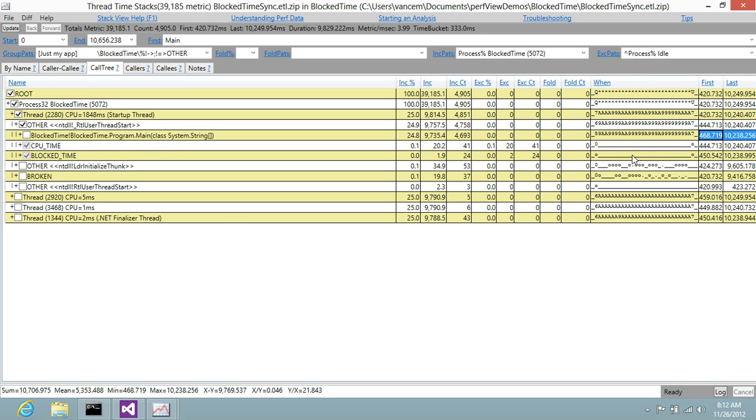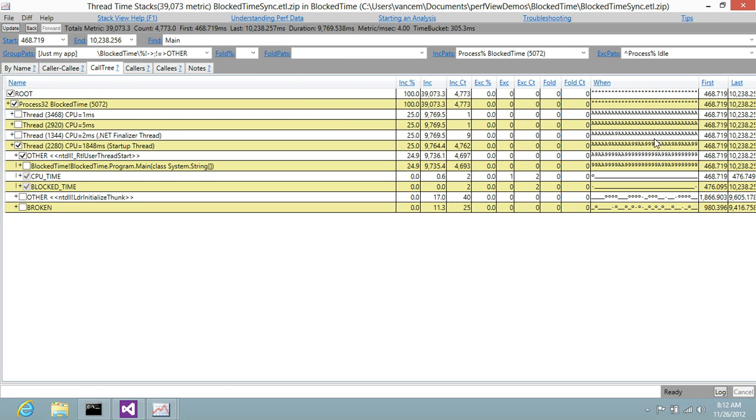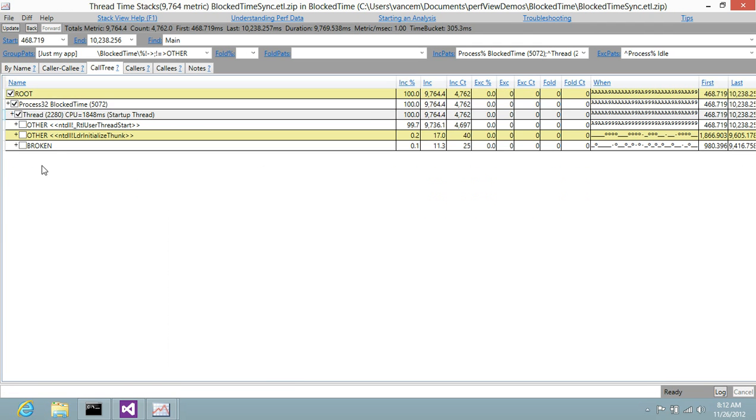And you can see that it is always on one thread, and it's always over a particular region of time. So I can select these two regions of time and do set time range. And what that does is now narrow the focus to just the time range in which the main program is running. And then I'm also going to select the thread of interest, in this case the one that has main, and I'm going to right click and do include item. And you'll see now that no other thread is available. And you can see that our total metric dropped from almost 40 seconds down to this